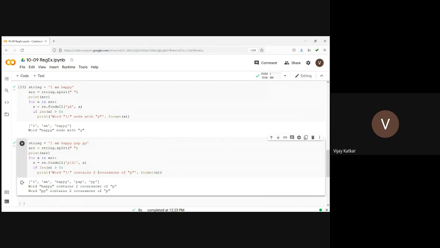So: beginning with, ending with, containing, and containing multiple occurrences of a particular character, where these characters must appear in a proper sequence. Okay, any query or any doubt? Anyone? No?